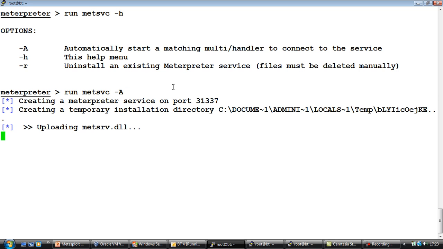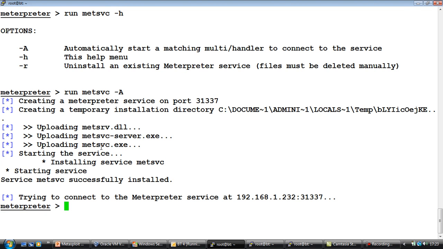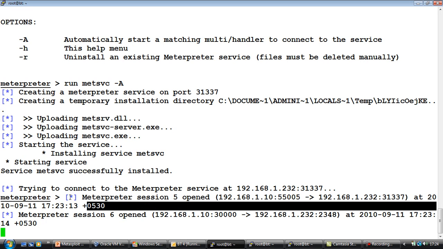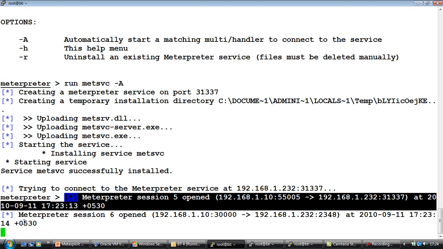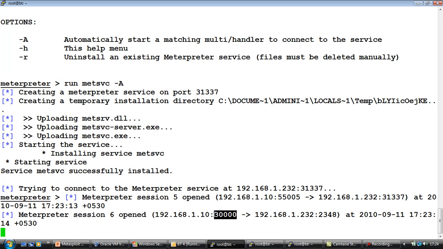That's it. It automatically goes ahead, uploads the DLL, the server, as well as the service, and it installs the service automatically. And if you notice, we are already getting a couple of connections, right? So this is the connection which has come from the Metsvc, number 5. Number 6 is actually running from the previous one, because as we saw, we could not kill it because the process ID was incorrect. So if you remember, port 30,000 was what we had set for the